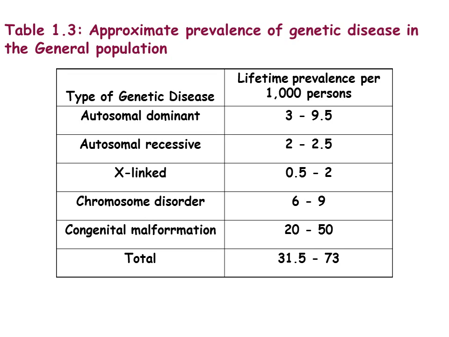Congenital malformation is anywhere from 20 to 50. That gives us a total of 31.5 to 73 people per 1,000 where genetics has a direct effect on their disease. Then you start to think about how genetics will influence the more common diseases, and you can see that genetics plays a